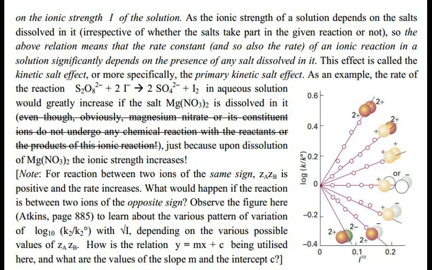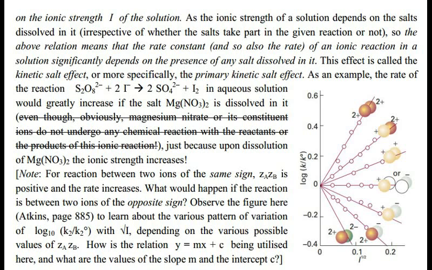And then in case of reactions between ions of opposite signs, Za and Zb are opposite values, opposite signs. One is +2, one is -1. Suppose we have such a situation, then this M value, the slope of this curve of log of K2 versus square root of I, will be negative. So there will be a decreasing curve of log of K2 versus square root of I.